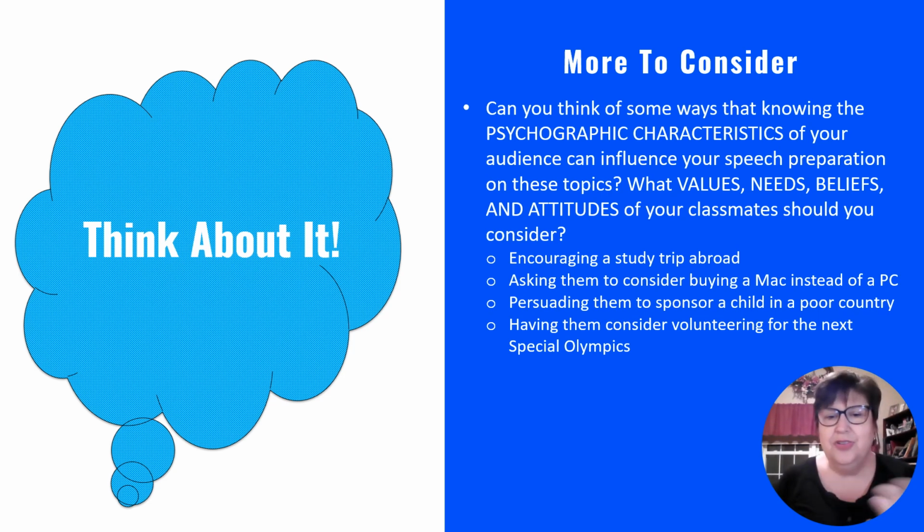So these are just some potential topics that you could even use in the classroom: buying Mac versus PC, or persuading you to be philanthropic and sponsor a child, or do some sort of nonprofit support, some donation work, or volunteering for Special Olympics, right? These could all be potential topics that you might want to use,